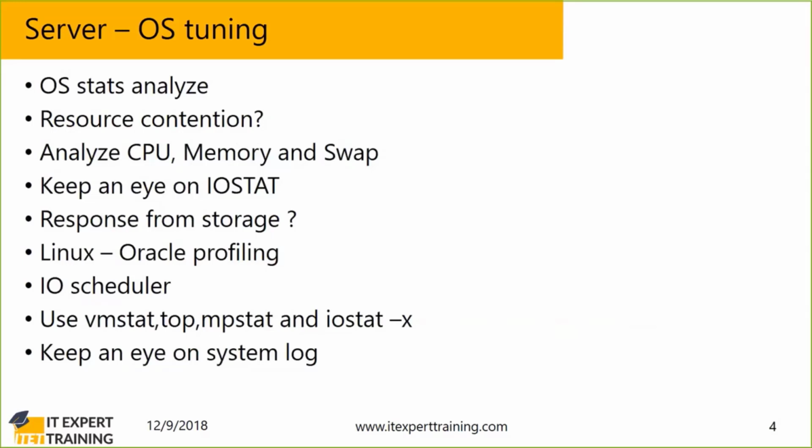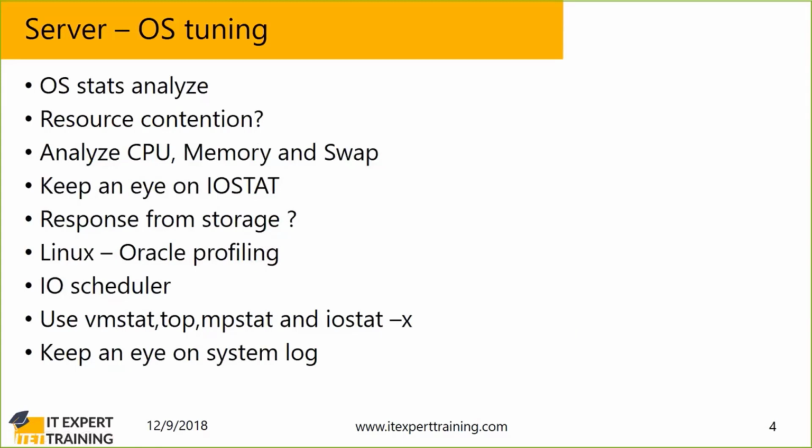So IO scheduler is the one. There are four IO schedulers: CFQ, Noop, Deadline, and one more. That's not very important. But for Oracle databases, it's recommended for the IO scheduler to be set either to Deadline or to Noop. These two are the recommended values. When you set this Linux Oracle profile, the deadline will be set automatically, and starting RHEL 7,